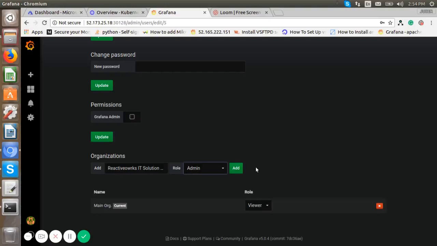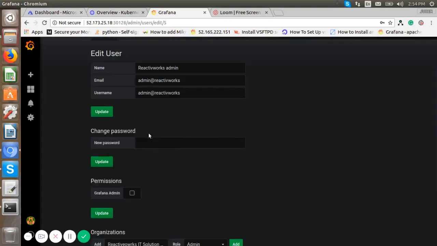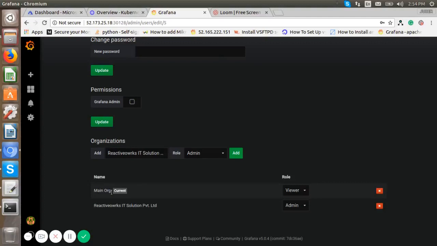We want to add the admin user for the ReactWorks organization. Now we can see the current organization for the ReactWorks admin user is the main organization. But we need to switch the main organization into the ReactWorks organization.